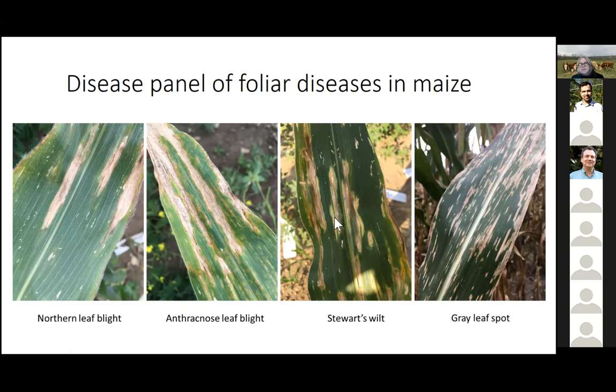at a certain point, we have so much northern leaf blight in our field that it's just very difficult to score. Gray leaf spot, we grow in the southern tier of New York in a river valley where there's natural inoculum, and it's defined by these really rectangular lesions, which are really remarkable when you see them, how well defined they are. Northern leaf blight targets the xylem. Gray leaf spot tends to be defined by the xylem to make these rectangular lesions.